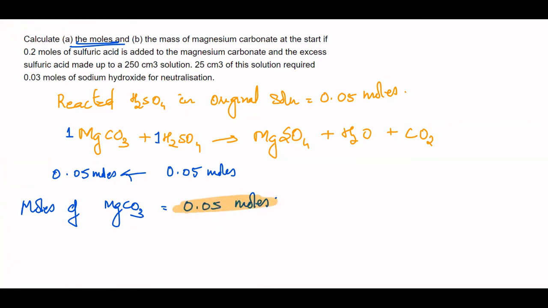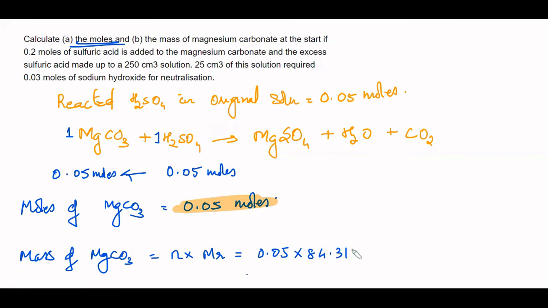This is the first part of the question. Now the next part is asking what is the mass of it. So mass of magnesium carbonate is equal to moles times molar mass, which is 0.05 times the molar mass, 84.3139. So I'll be getting it as 4.215 grams, or I can round it off to